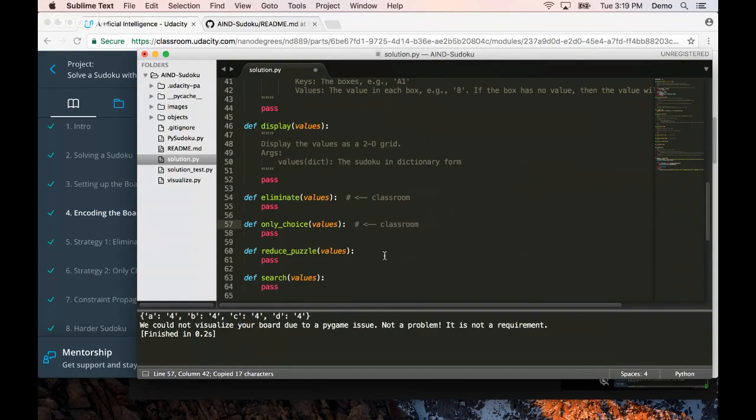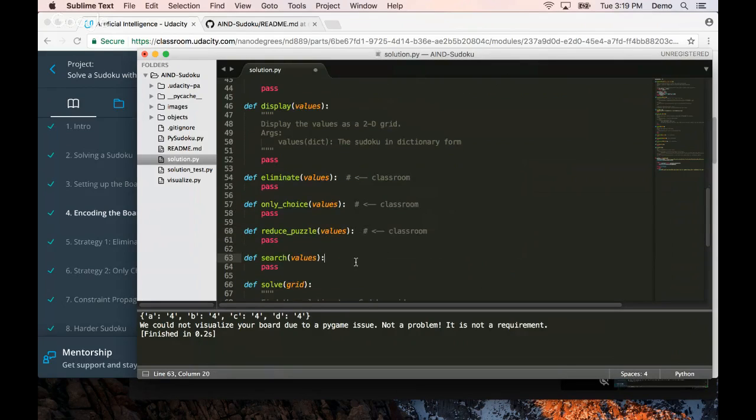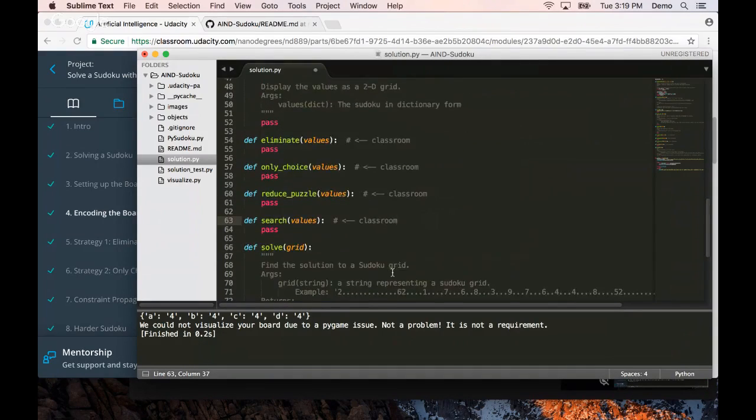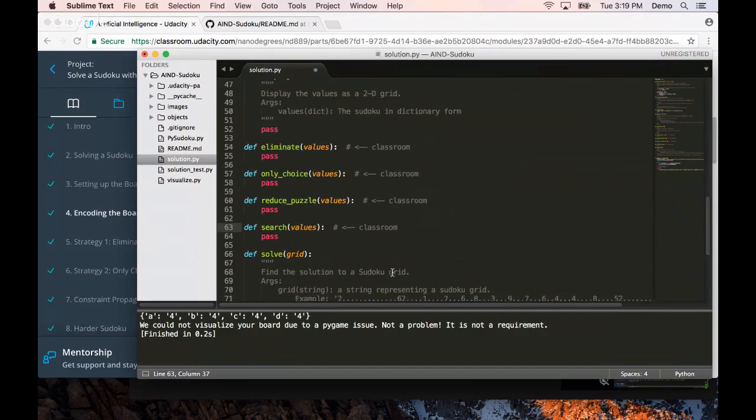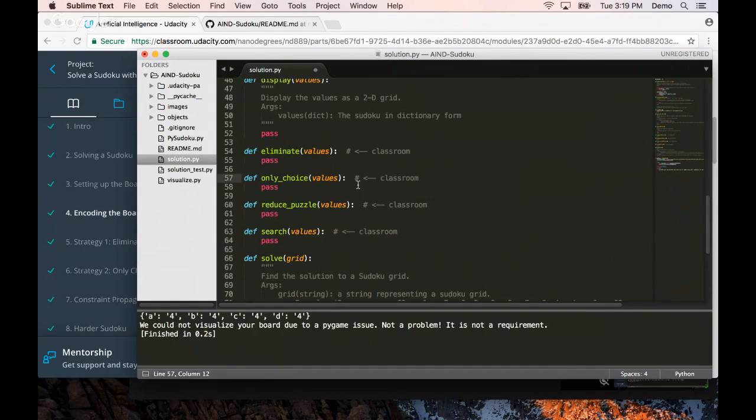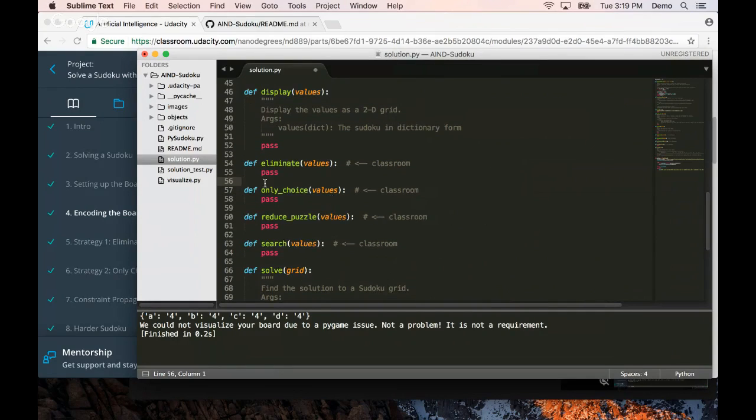Only choice, reduce puzzle, and I think search are all done in the classroom. For some of the functions, like only choice and eliminate, you're given values, and